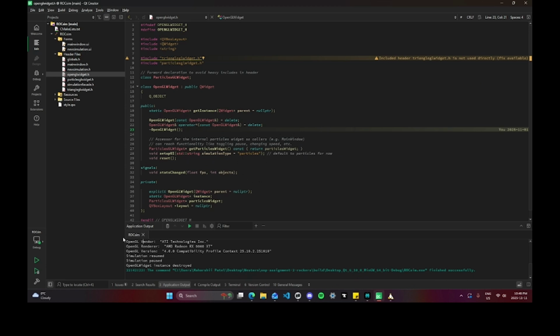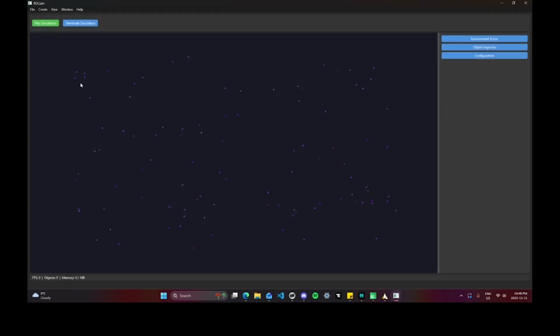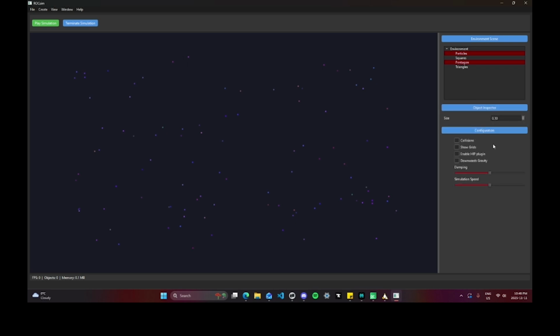And so I'll just get straight into the demo. This is the Windows demonstration. All right, and as you can see, these are our particles here. We have an environment scene. Not all of these things are working right now, as this is the beta, but I can show you